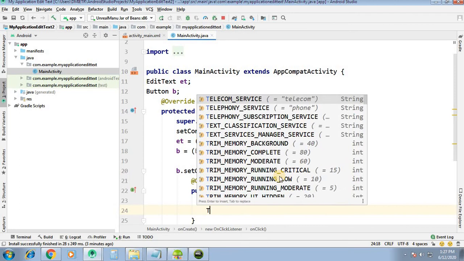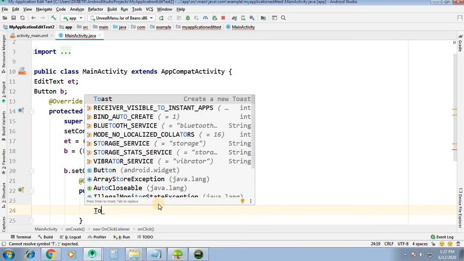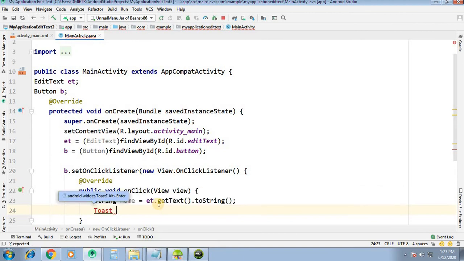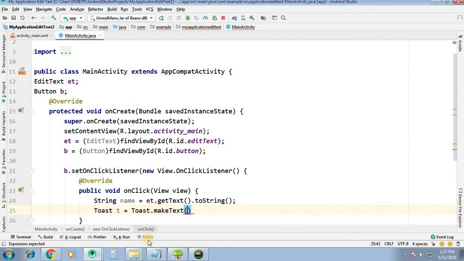Then we will create a toast. Toast t equal to Toast.makeText. Here getApplicationContext, comma, message "your name", and we will again append this name variable.